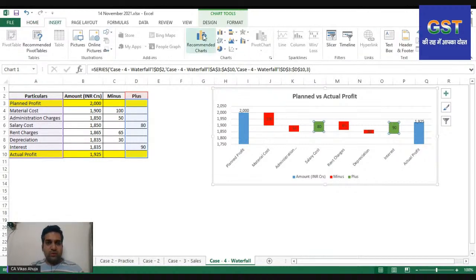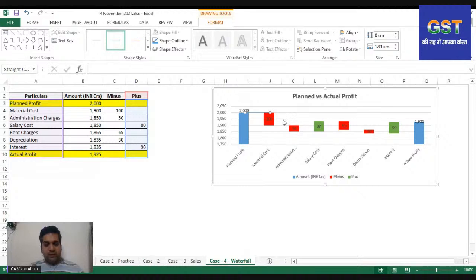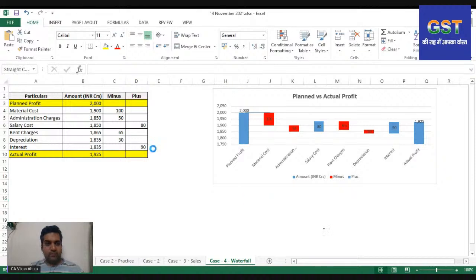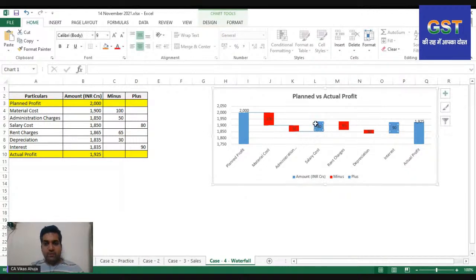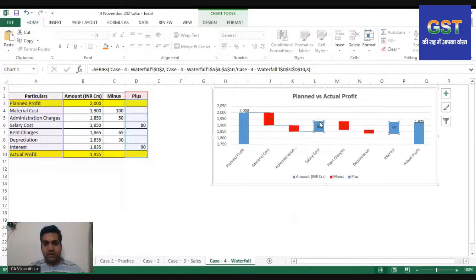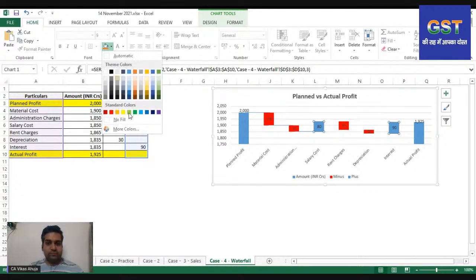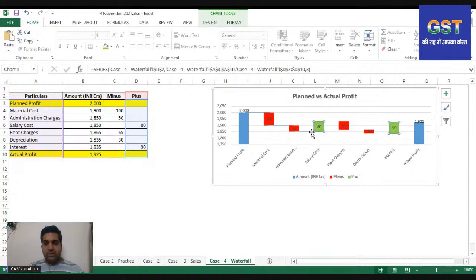So how this waterfall works is this works on a same kind of, so this point we started with. So this was the point, and it brought my profitability down. True. And from here, my profitability went down again by another 50. And from here, it went up. This is a color green that we made. Let me just redo the coloring here. So this increases my profit,